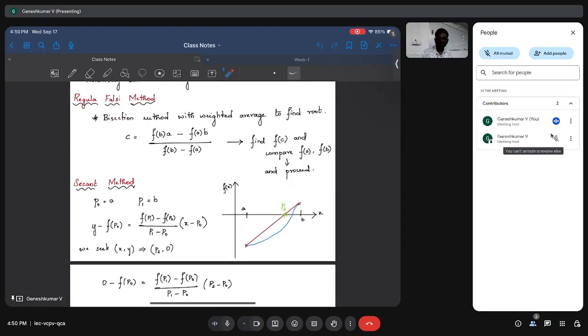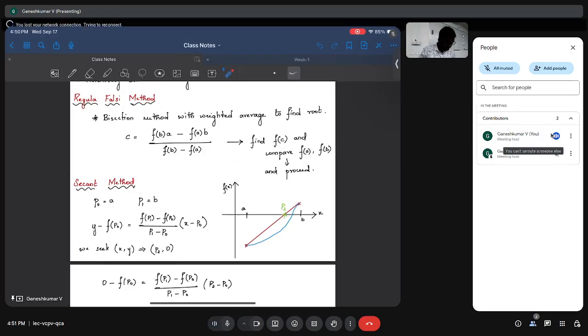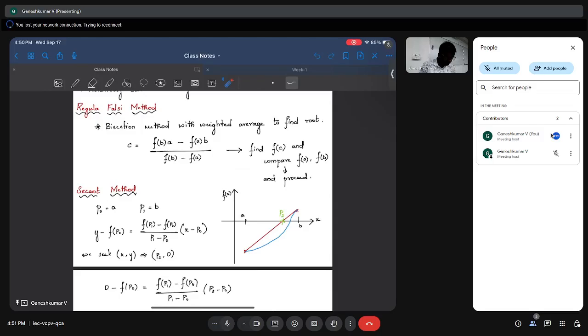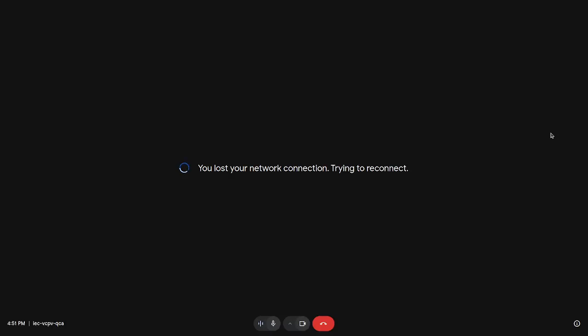One of the other methods is the regula falsi method, where you try to draw a line between these intervals a and b, and see wherever the line crosses the x-axis. You will check whether that point and the other point, which section exactly contains the root, whether this section or this section, and based on that you will